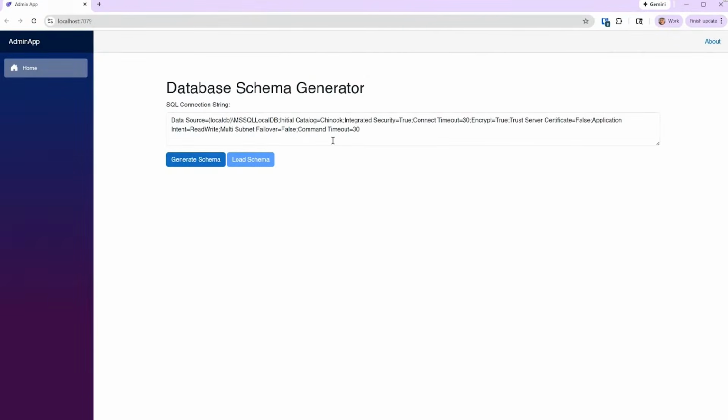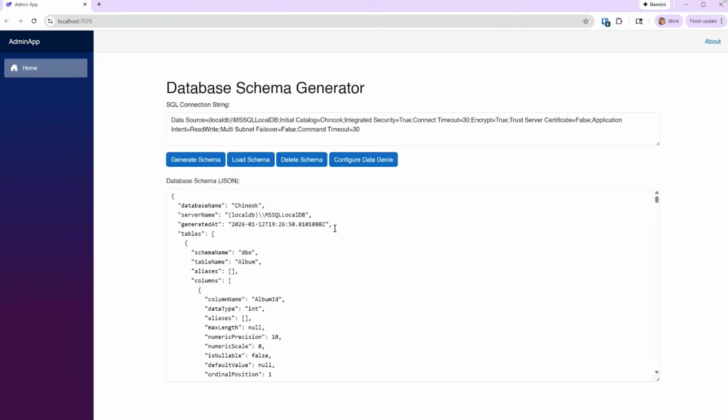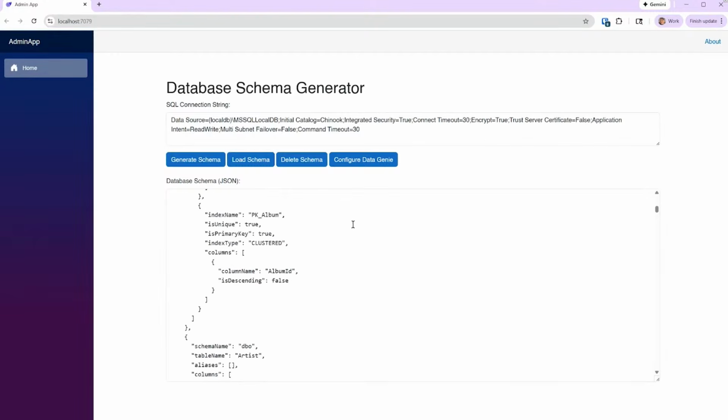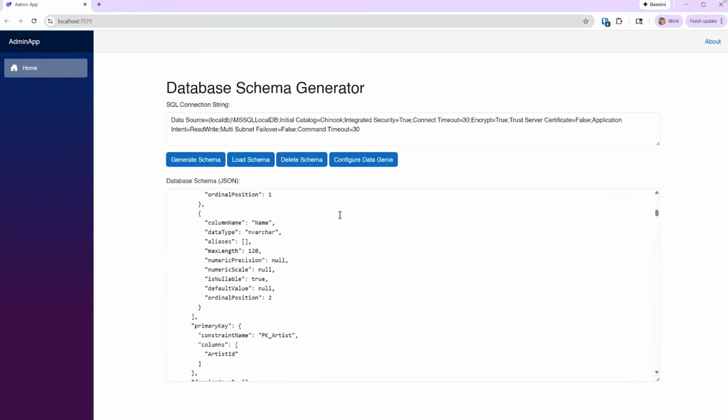So this is what we have so far. And again, this is still a private repo. We're working on this. This is just a local Chinook database. It could be anything, but we have a schema generator. So generate the schema, mouse wheels are turning, and there it is. This is all in JSON, and it has all the information about all the tables and columns and relationships that an LLM would need to understand your database. We don't want to have to copy things around. We just want a quick way to generate this.